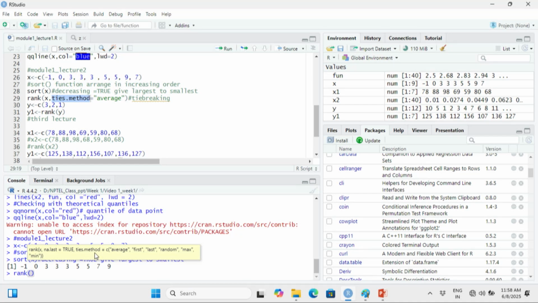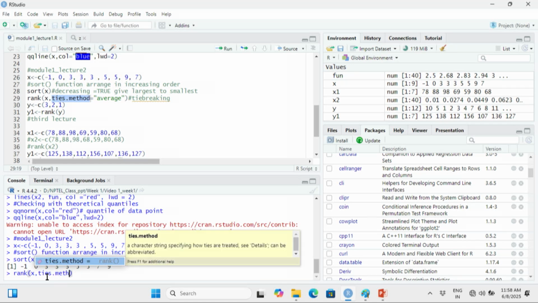Look at the ties method. How many types of tie breaking method can R use? Average, first, last, random, max and min. These are all the options.